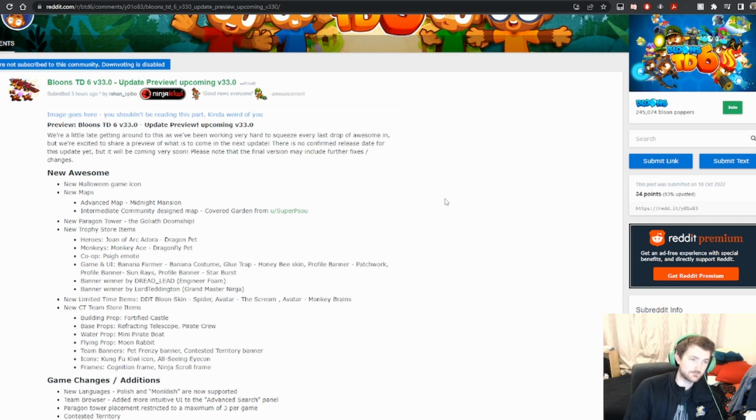I'm going to see what exactly patch 33 is going to be bringing us, starting with new maps. Woo! Midnight Mansion coming to an advanced map near you. It's really nice getting more advanced maps because the majority of maps do end up being in more of the intermediate sort of territory, so it's always nice getting a little bit of a challenging one here